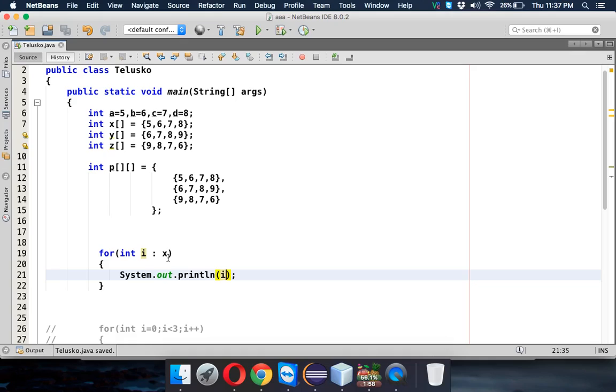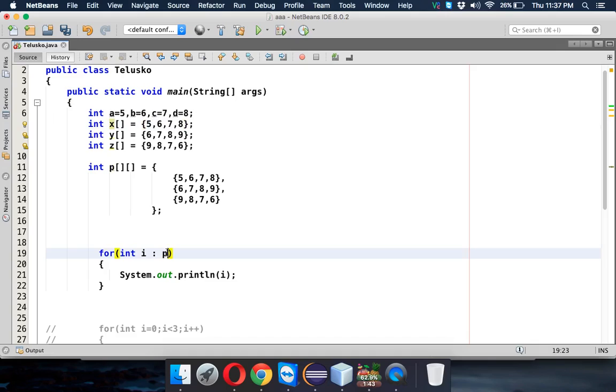Now what this loop will do is this I will go into x, it will fetch the first value, which is 5. Again, it will go to the next element, which is 6, and then 7, and then 8. So that's how it works. But if I say this is P, let's say this is not x now, this is P. When you work with x, it will return an element of that array, which is 5.